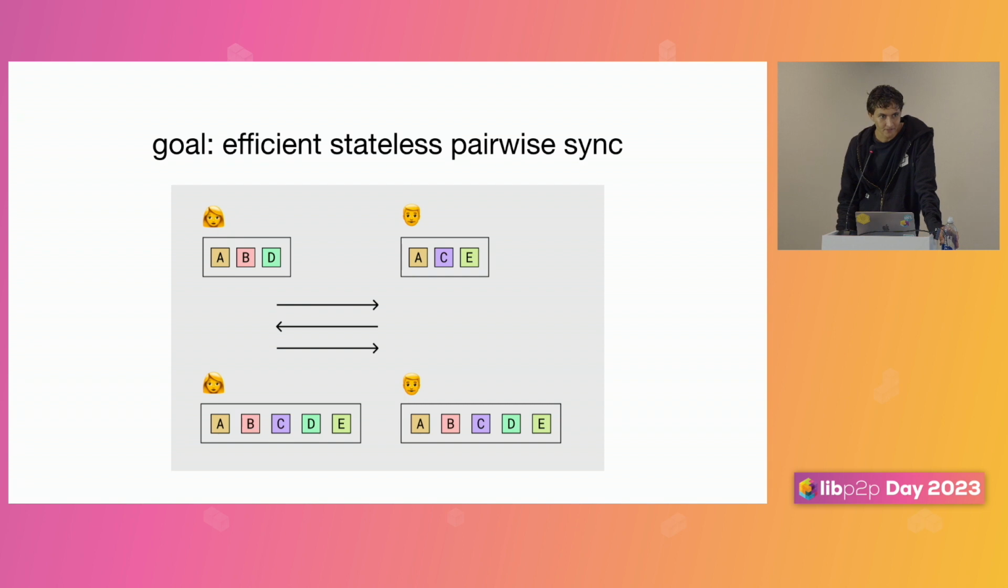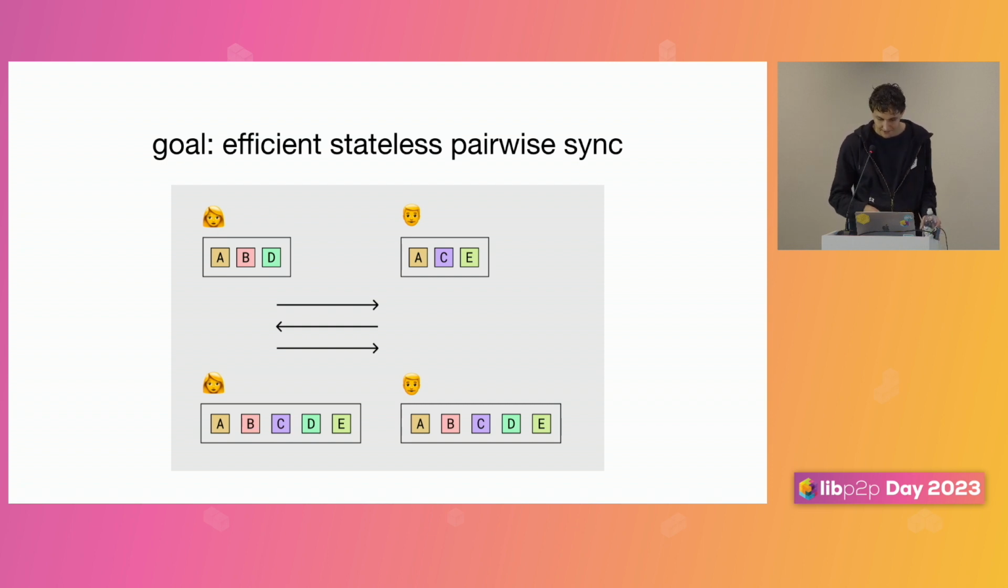separation of concerns and a way for these two peers, Alice and Bob, to efficiently and statelessly figure out the union of the set of messages that they have received. So this is the goal. Alice has these messages A, B, D. Bob has A, C, E. They do something quick and fast, that they can do on every connection and periodically, that results in them